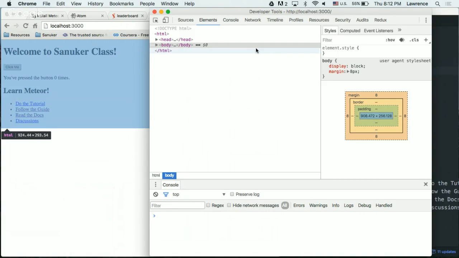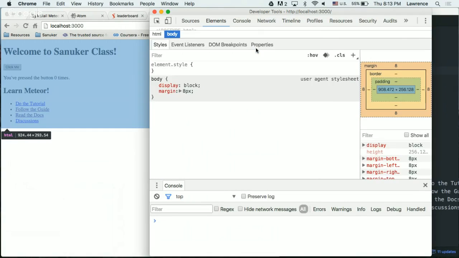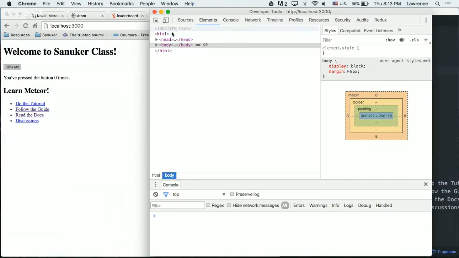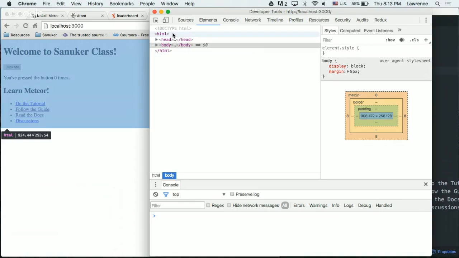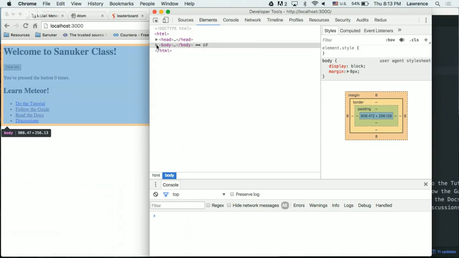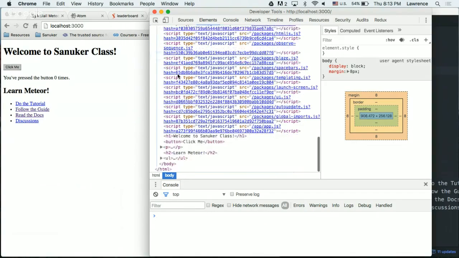If you open the inspector, this is what you're going to see. You can actually see how an HTML file looks. You have the HTML start tag and then the end tag, enclosing two main components. One is called head, which is where you change the title, and also a body. Basically, everything in the body is what you are going to see on the website. So we are going to do all your website things in your body tag. If you expand the body tag, ignore all these blue things.